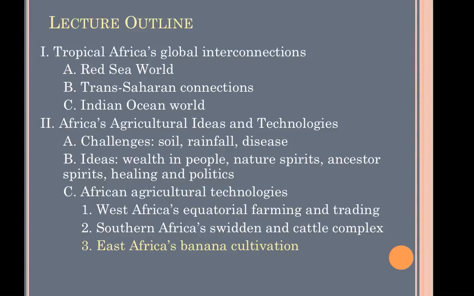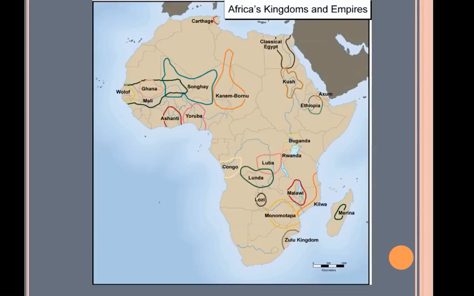Okay, we're getting long, so I just want to give you one more example of some pretty interesting agricultural possibilities. So if you look at this region up here, we call this the Great Lakes in East Africa, and you'll notice how many ancient kingdoms and empires are here. In all these blank spaces, we're talking about much smaller societies. It might just be the village level, up until very recent times. But there are a lot of these high, dense and extensive and complicated political structures right here in this region.